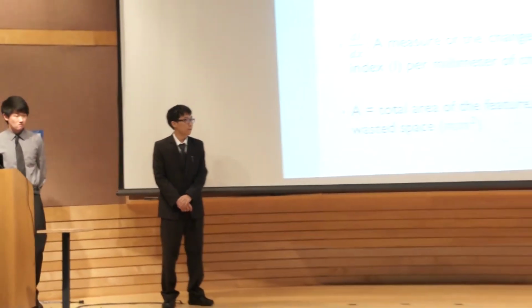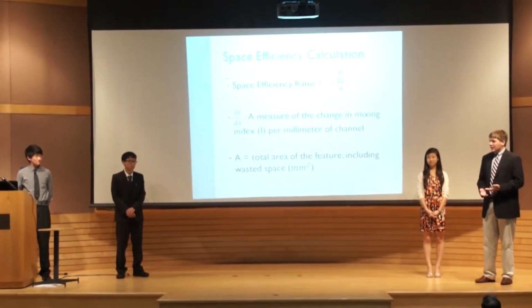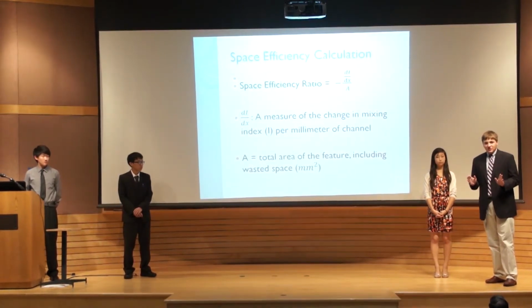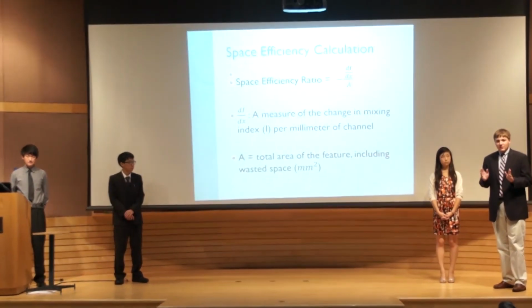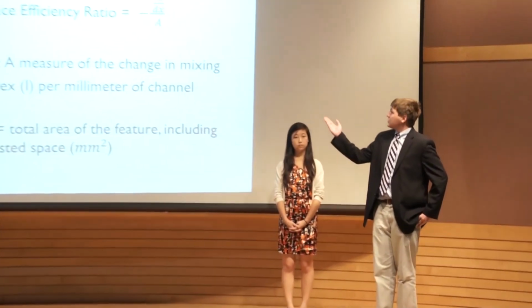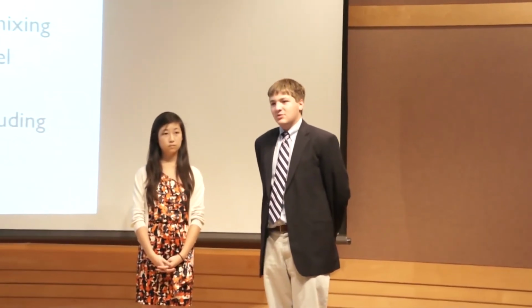However, we have all this performance data about micromixers, but that tells us nothing about their actual space efficiency. Now, there's no real good way to define space efficiency because it means different things in different contexts. But we've developed a simple space efficiency ratio here, which is quite simply the derivative of the mixing index with respect to channel length over the total area of the device, including any wasted space. And this is important because it affects our conclusions. So, what we found,